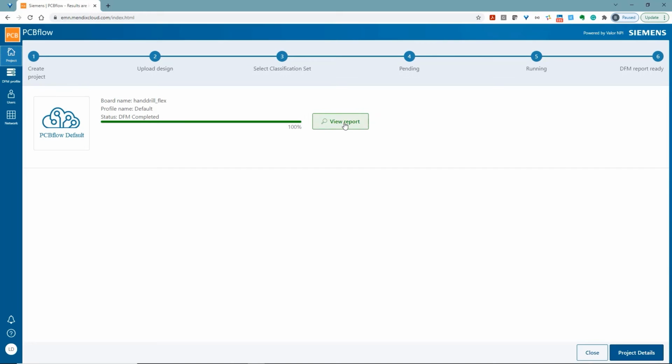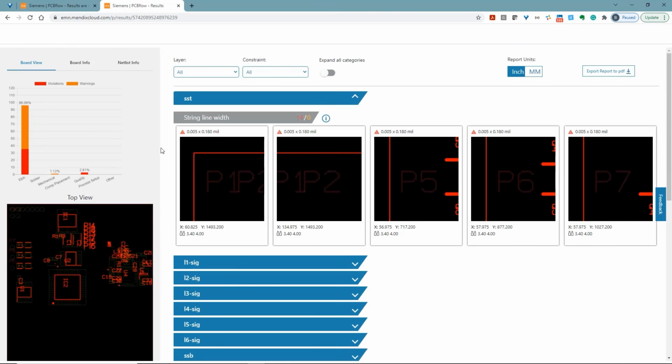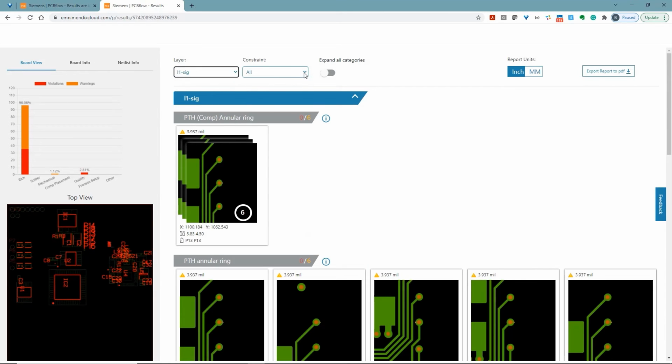With the analysis now complete, we can click View Report. A new tab will appear with all of the report information. To filter through items shown in the main part of the window, we can click on Layers and then Constraints. Let's go ahead and click on Layer 1, and then from the Constraints drop down, we'll click on Plated Through-Hole